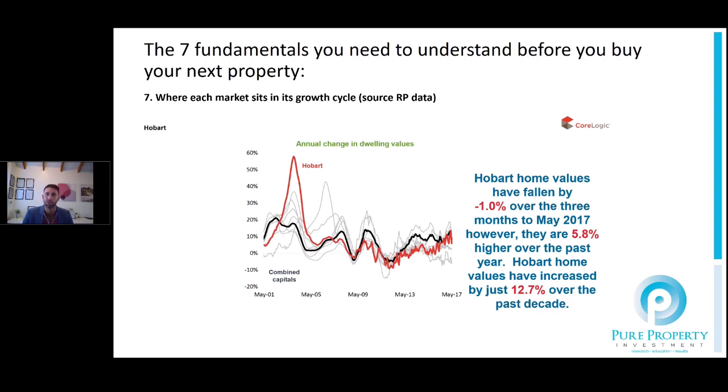However, over the long term, they will no doubt probably be subject to more sudden changes and sudden shocks to that market. So I wouldn't say that I would want anyone to be loading up their portfolio in Hobart just because it's cheap or just because it's good right now, because I think you're going to see good and bad years out of Hobart rather than a good sustained linear growth market.